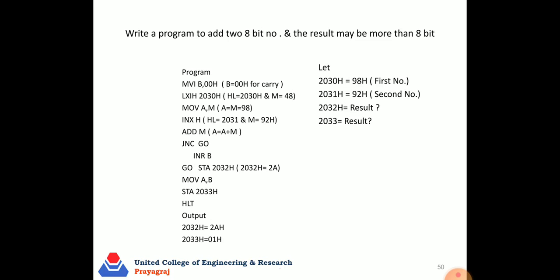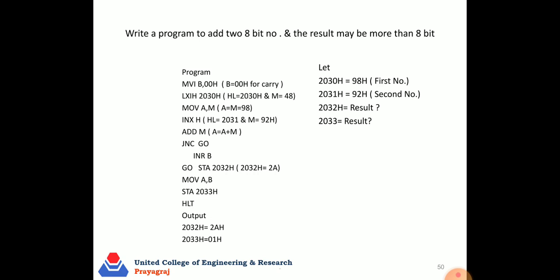So let's take an example: write a program to add two 8-bit numbers where the result may be more than 8-bit. Earlier we discussed a program to add two 8-bit numbers where the result is also 8-bit, but that is not the case every time.